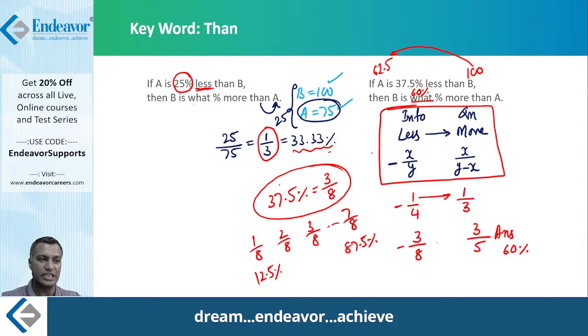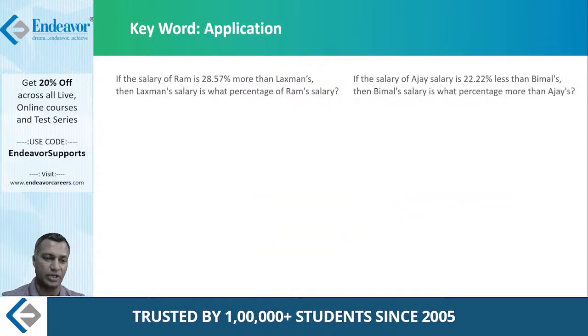Two of them I have spoken about: the importance of "than" and the importance of "of". Let's now do a couple of applications here, and then we will look at one last aspect of it: the importance of the third parameter. Once we finish these, these are the 3 key parameters you have to keep in mind. Thereby most of the questions, not only in percentages but also in profit, loss, discount, SI, CI, and data interpretation, would start appearing and seemingly falling in place. All right, let's take a look here.